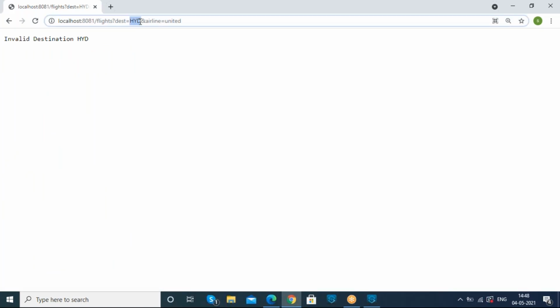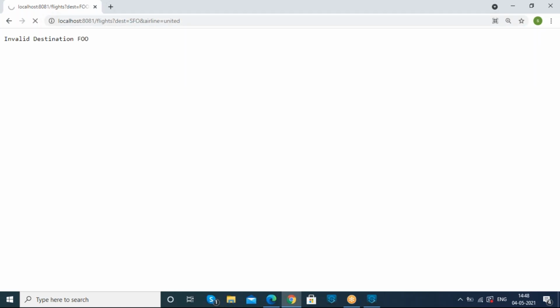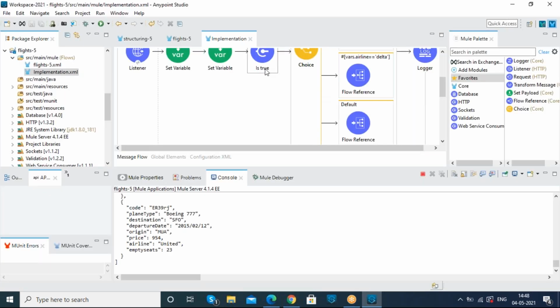If I request a valid destination, it will display the response. So instead of executing the total flow and wasting time, it is breaking the flow here when requesting any invalid destination parameter.